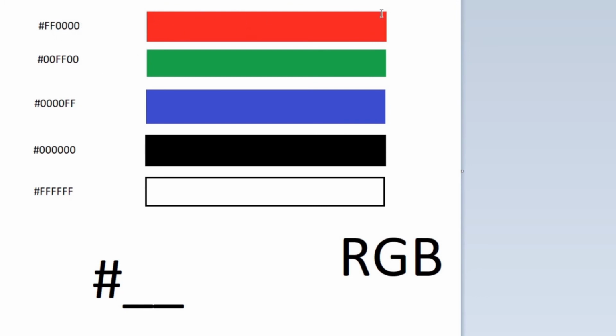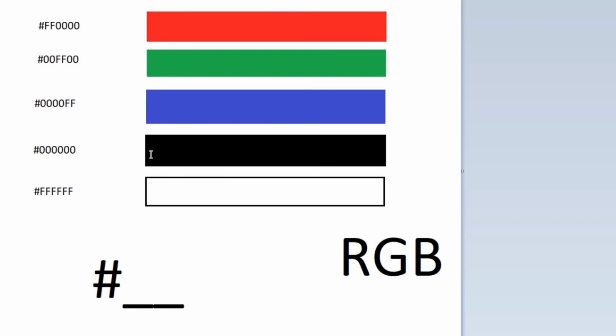It will give the red color. Just like that, in the next one it gives 0 to red and blue, but gives the highest value to green, so you will get green. And the final one gives 0 to red and green, and ff, the highest value, to blue, so it will give you the color blue.